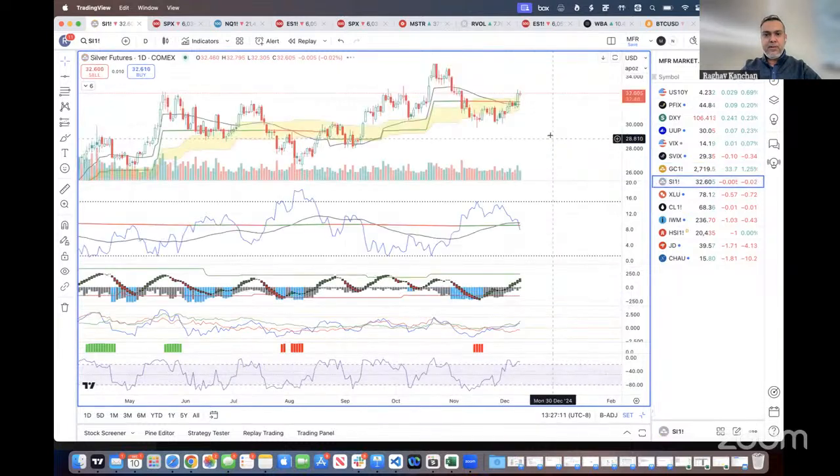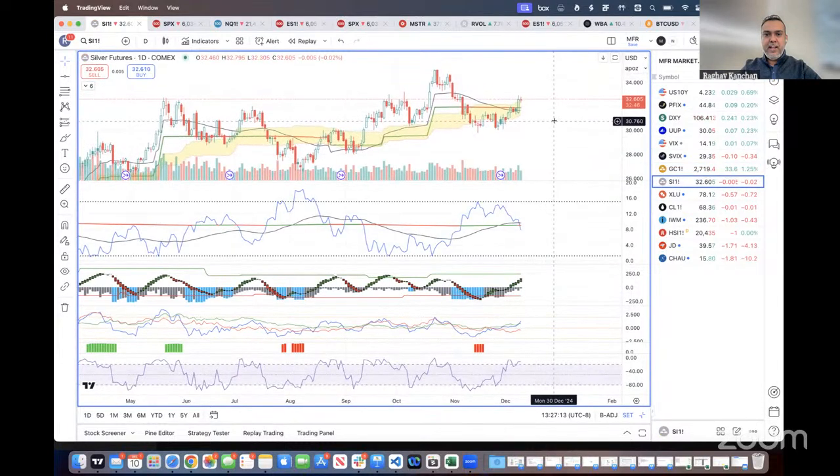Similarly for silver, it barely closed above the bullish signal. The momentum is on the way. We need the 30-day and the 90-day to start catching up, and there's huge potential for these to catch up over the next few weeks. This could be trending up for a long time as well.